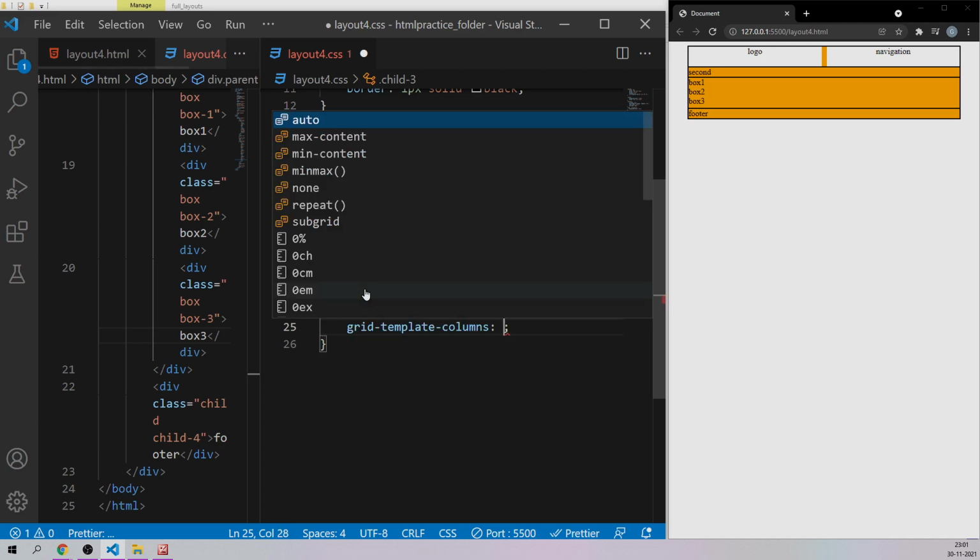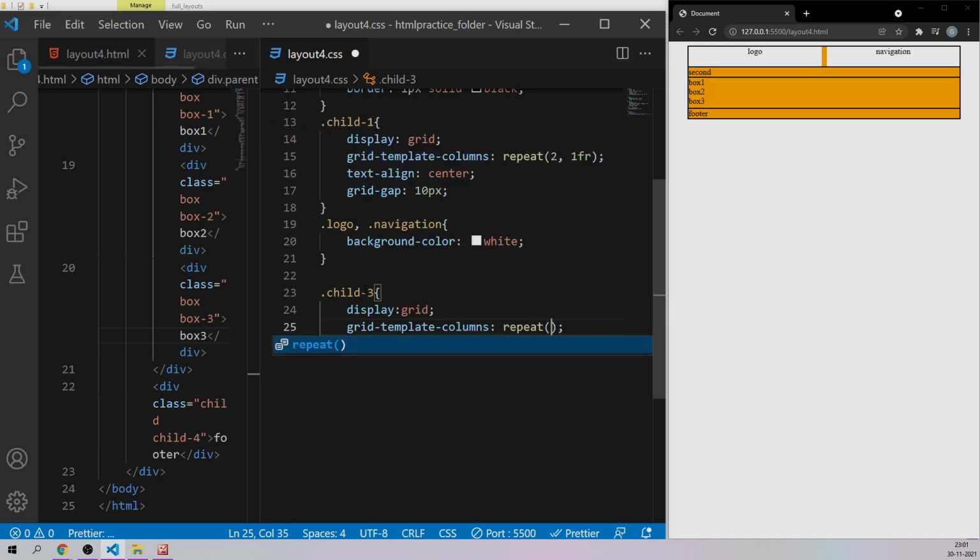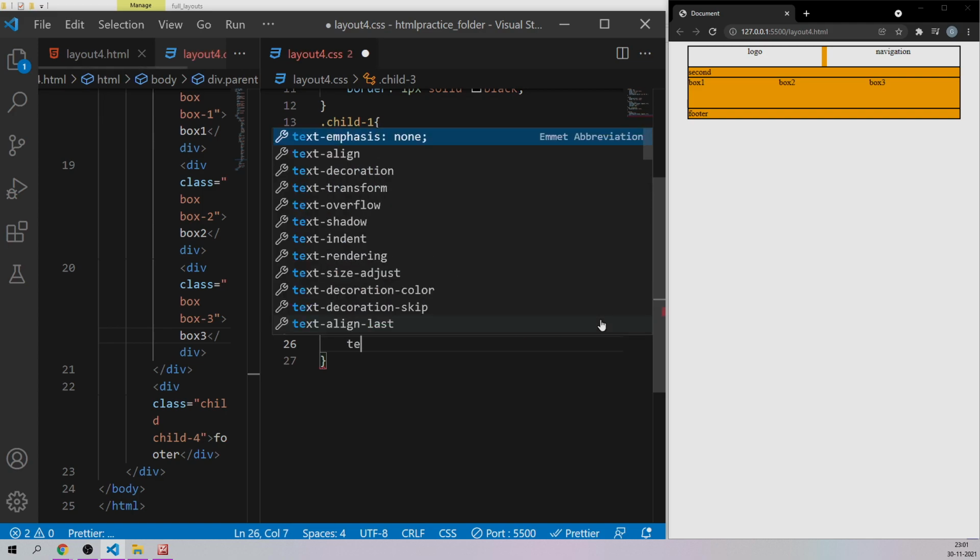I want 3 of them of the same size. So I want to say repeat(3, 1fr). And as you can see right now, it has taken up the entire width with the boxes like this. And let me just make the text alignment center.